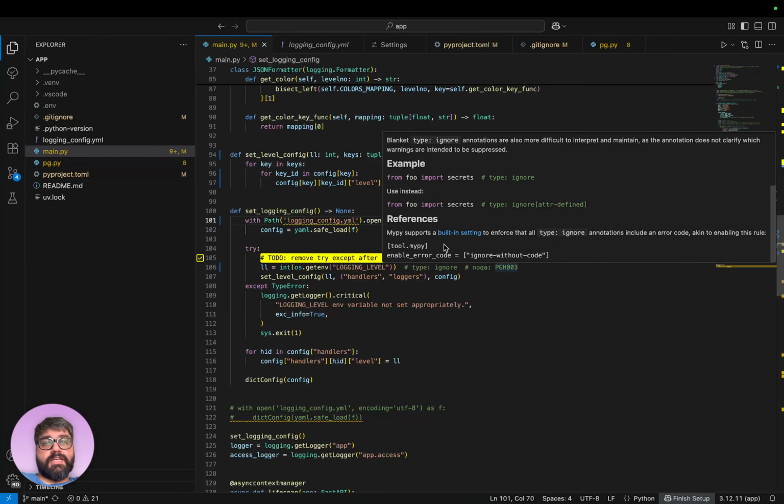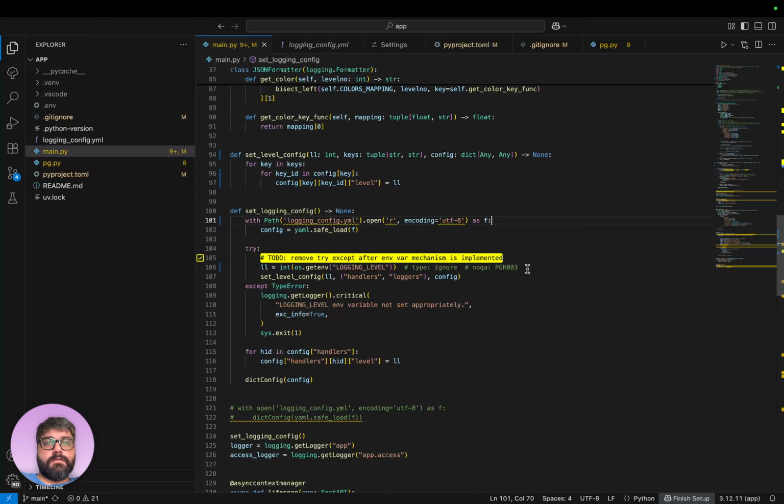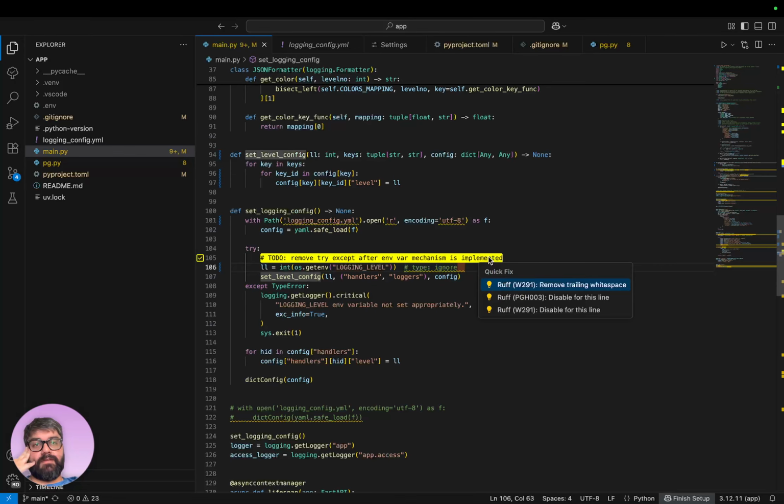Oh, so I could just add this and it will. Okay, I'm gonna get back to this one because I'm just saying noqa is like, hey, just stop looking at this one, right? On telling Ruff instead of actually remove. Okay, well, yeah, I'll remove the trailing whitespace.